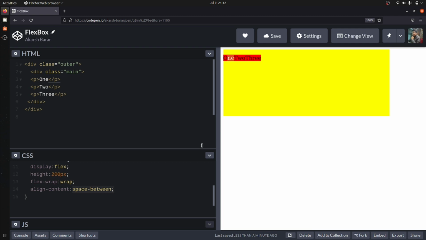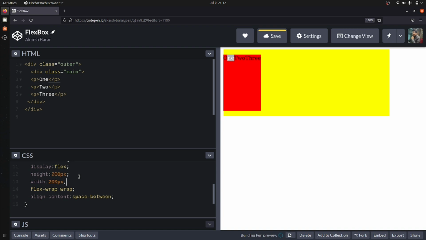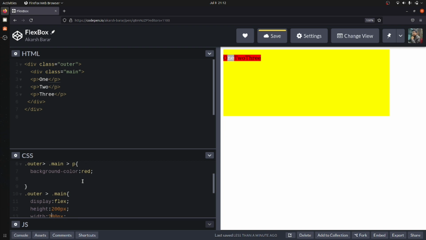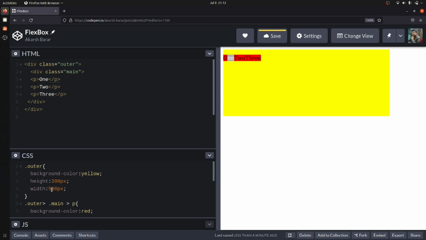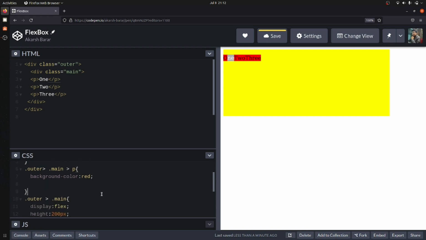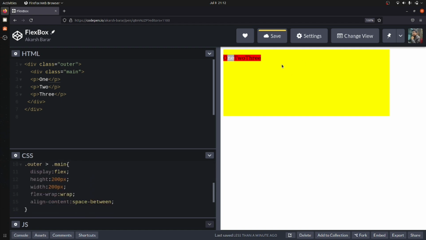Do I have to give the width also? Let's say that... no. I don't know why it's not happening. Okay, leave it.